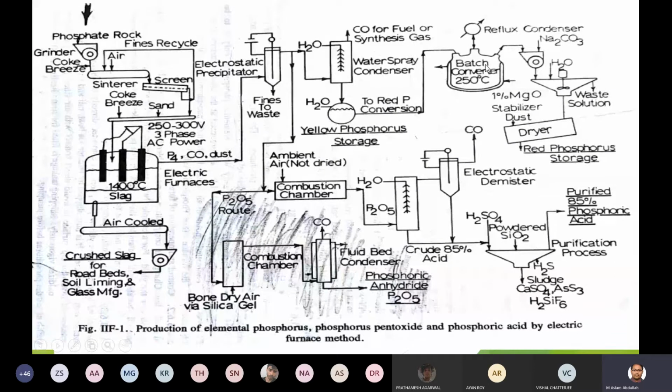Now the red phosphorus is formed. This red phosphorus will be in a diluted form. Now I want to increase the concentration of the red phosphorus from a diluted form to a concentrated form. So what I will do is send the red phosphorus to the condenser unit. In the condenser unit, I will add Na2CO3, sodium carbonate. This red phosphorus will react with the sodium carbonate. Once it reacts, the concentration will gradually increase.